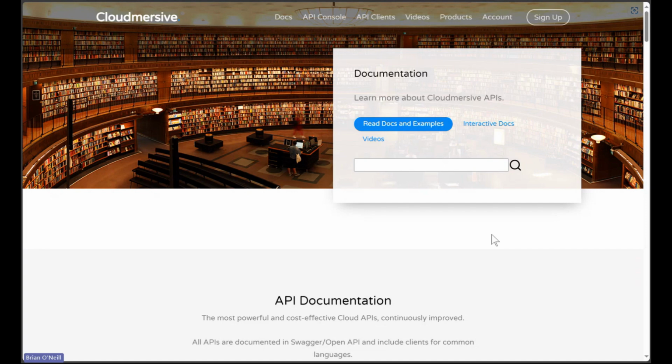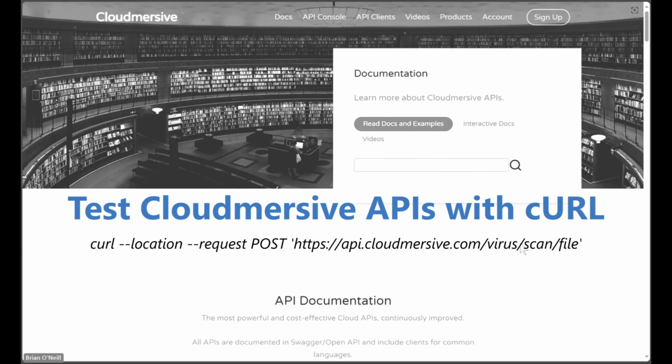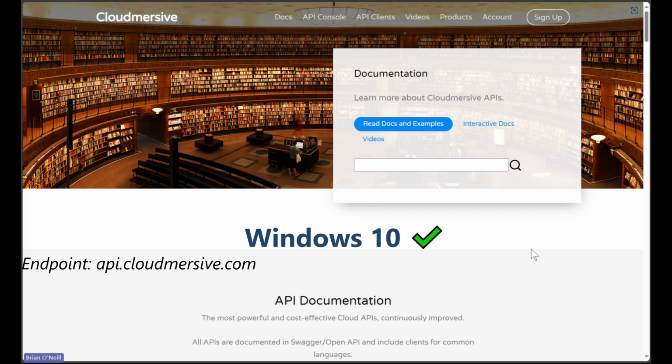Hello everyone. In this walkthrough, we're going to learn how to easily test Cloudmersive APIs using cURL commands. This is just like testing with Postman, only without the user interface. We can test our managed instance and private cloud endpoints this way, and we can test against default or select regional public cloud endpoints. I'll be demonstrating this from a Windows 10 command prompt using the default Cloudmersive public cloud